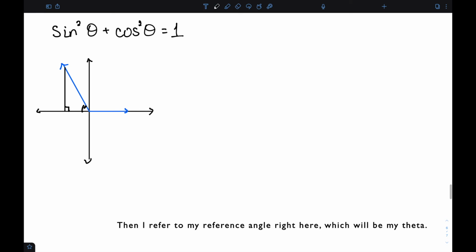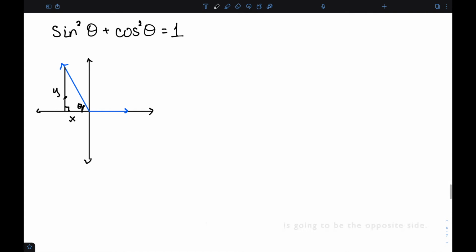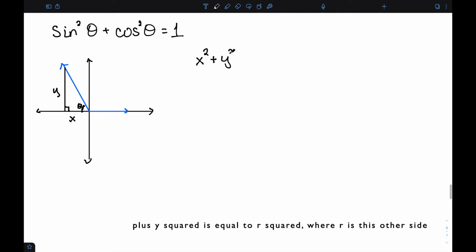And then I refer to my reference angle right here, which will be my theta. In this case, x is going to be our adjacent side, y is going to be the opposite side. We do know that x squared plus y squared is equal to r squared, where r is this other side,